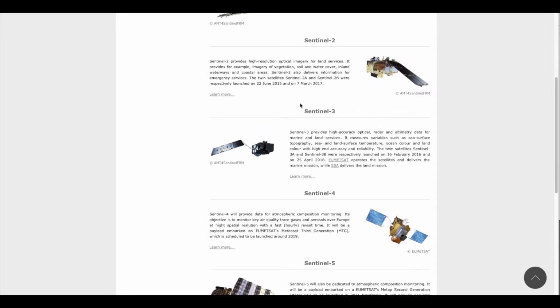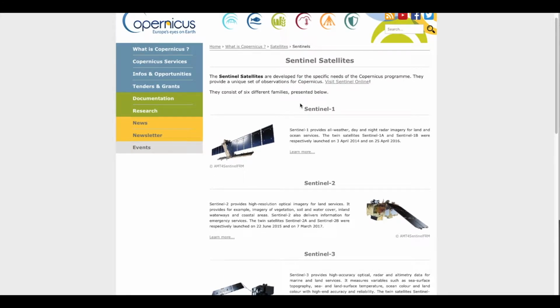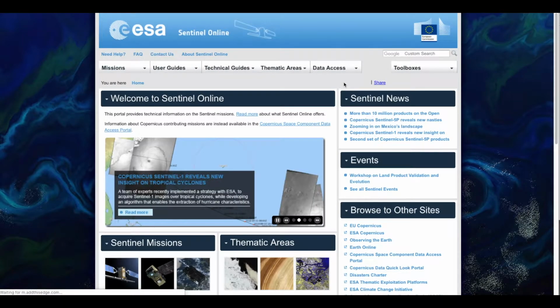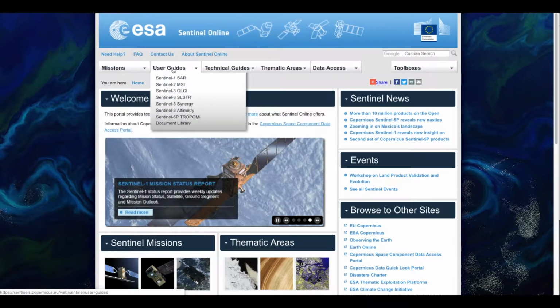sensor and the different sensors on board of these satellites. If you want to access the data, you can click on Visit Sentinel Online. Okay. And in this page you will find specific information on each mission, user guides with all the documentation